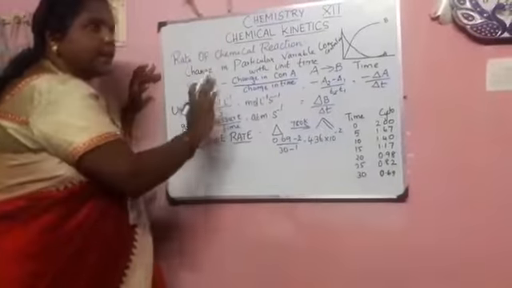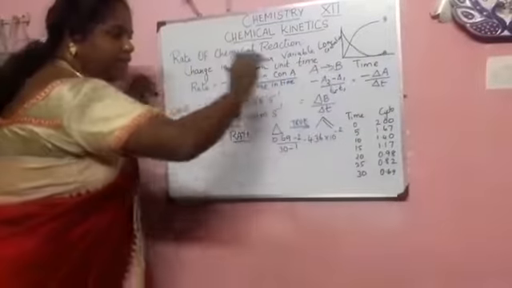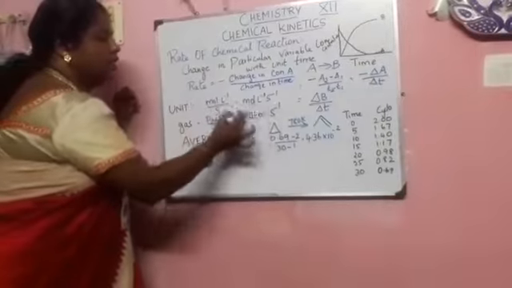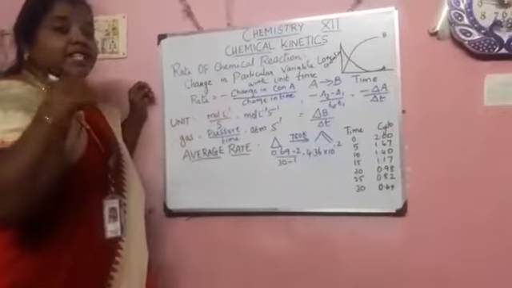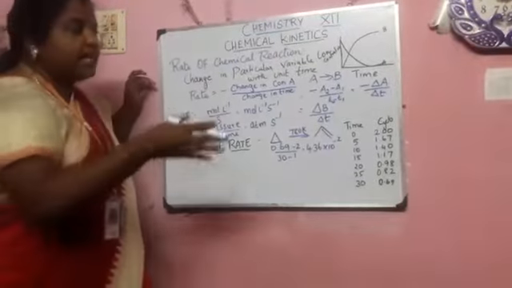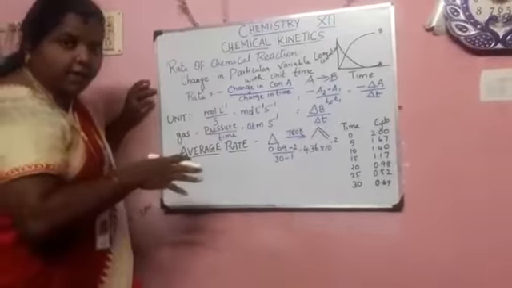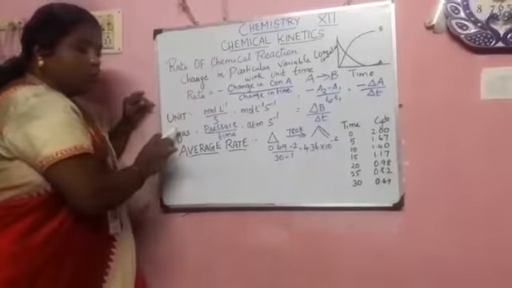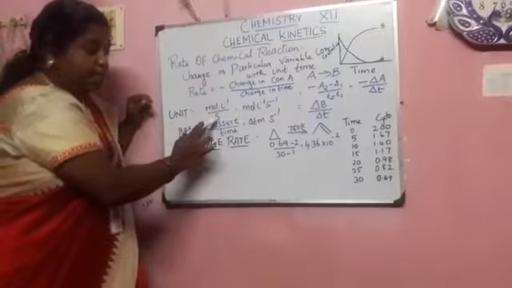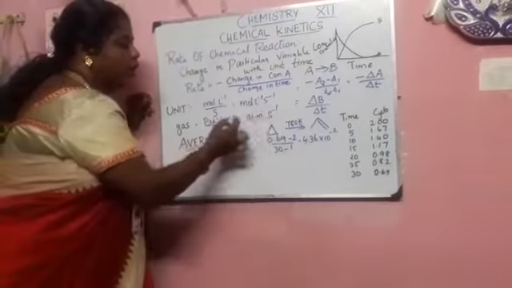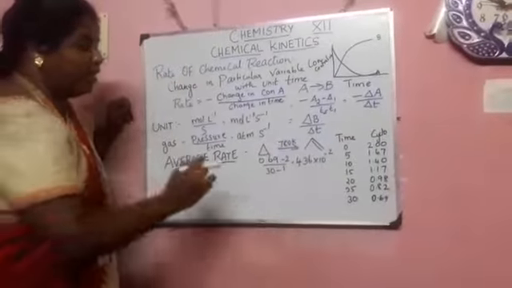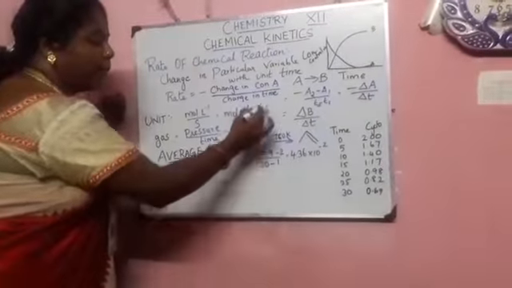If the chemical reaction of A and B is in the solid or liquid state, we use this unit. If it is in the gaseous state, because some gaseous molecules also react together to form the product, the same rate we have to find. In place of mole concentration, it should be pressure with time. So the unit for the rate of reaction in the gaseous state is atm s^-1.